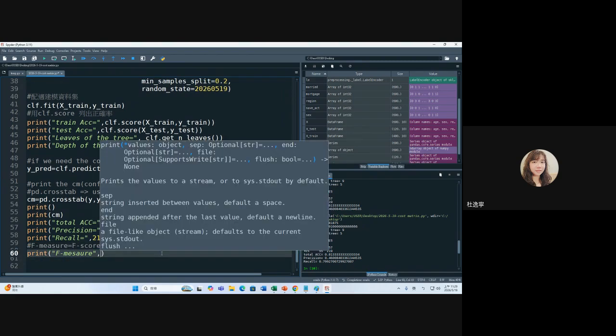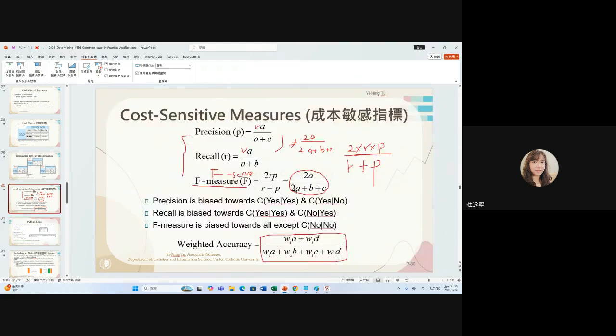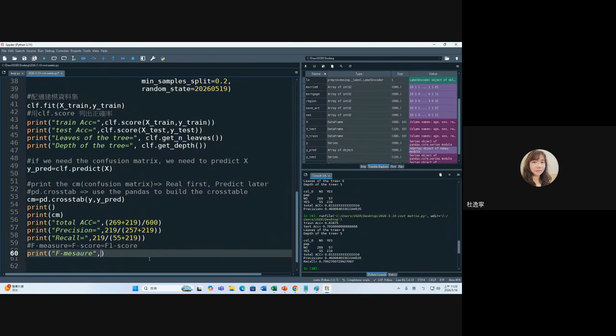So this equals, 我们刚刚有讲，在算的时候，2个 A 加 B 加 C 在分母，然后2个 A 在分子。这是一种算法。